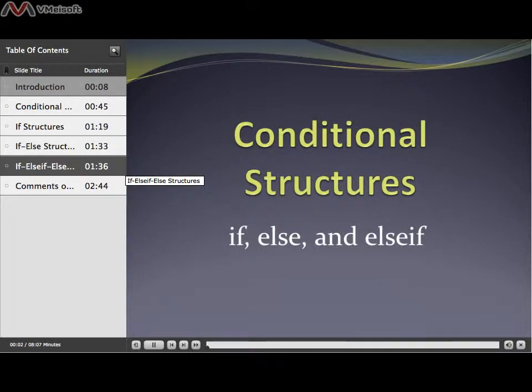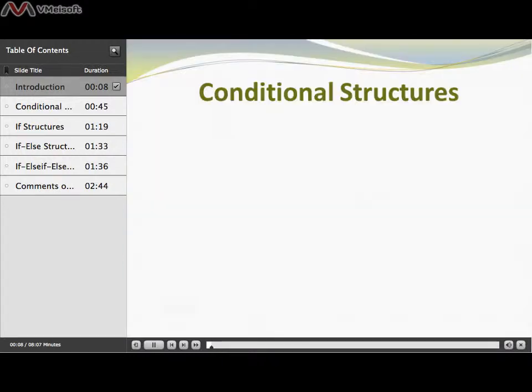In this video, we're going to learn how to use the if structure to allow the computer to make decisions based off the answers to yes and no questions. In a previous video, we saw how to use relational and Boolean logical operators to conduct conditional statements. The real power of conditional statements is when we use those as the controlling attribute of a